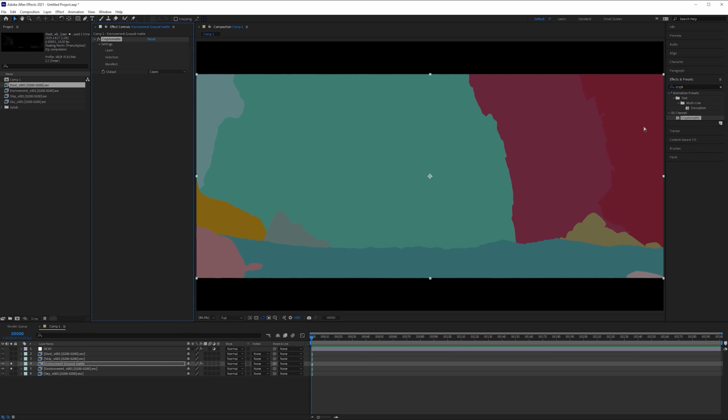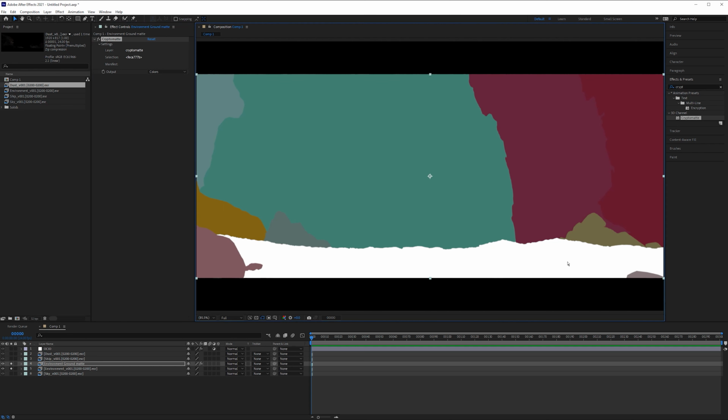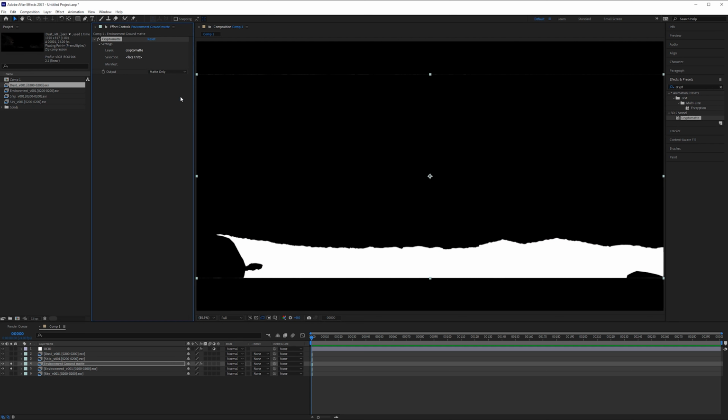Now, when Cryptomatte is applied, this is going to give different colors for all of your objects. And the colors that it chooses in After Effects are going to be different based on what the V-Ray frame buffer showed you. This is because any implementation of Cryptomatte, either in After Effects or in V-Ray, is all the same type of algorithm, but it just randomizes the colors of your geometry. There's no set pattern of what colors it chooses, so this is why it might look different. But then you just simply click the geometry you want to turn into a matte, go to output, change that to matte only, and then we can use this as a Luma matte.